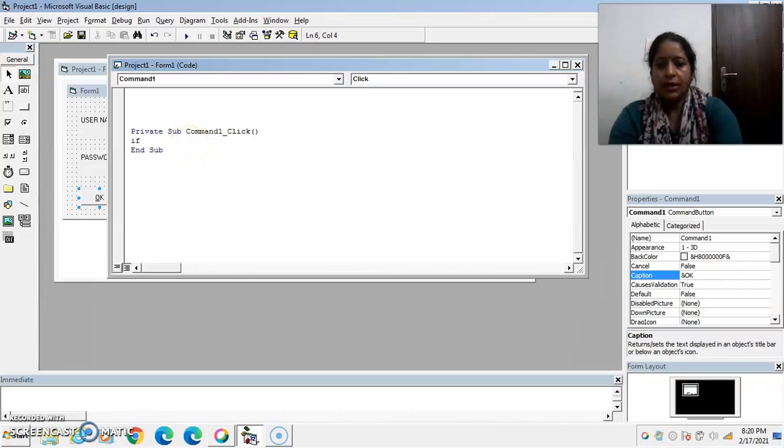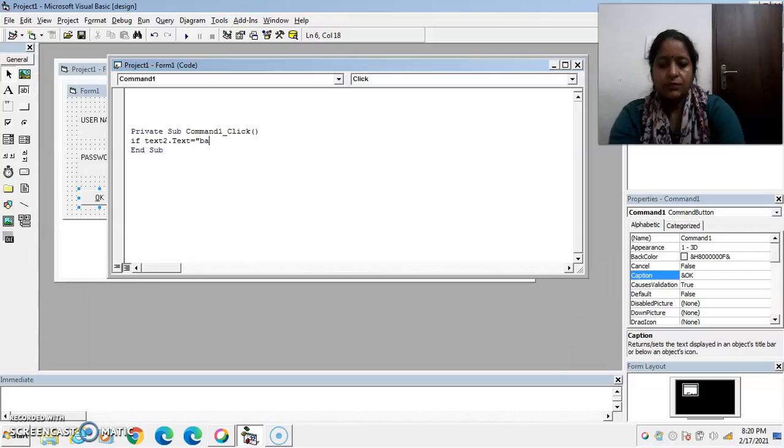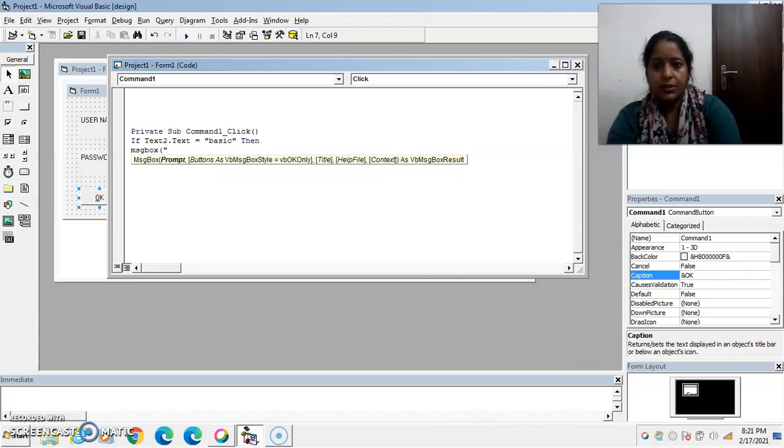If Text2.Text is equal to, suppose we set the password to basic, then message box your password is correct.